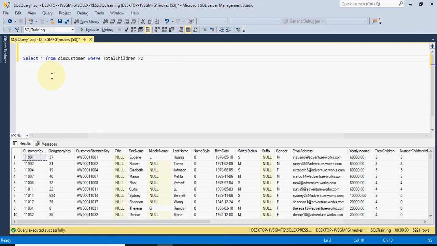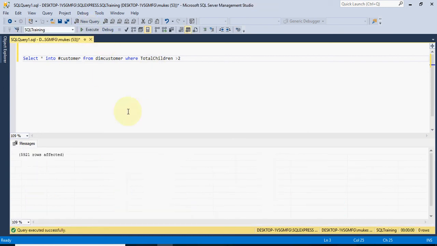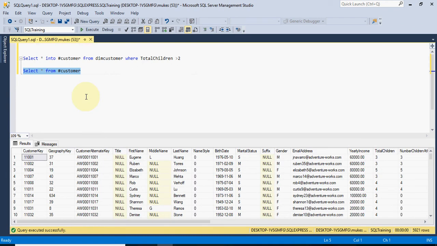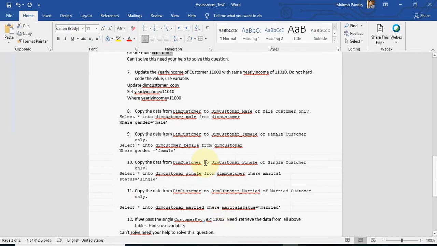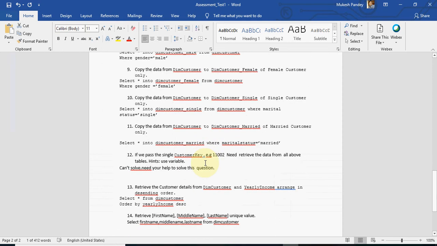Select star into from dim customer where children greater or equal to 2. Okay, right? Other than this is good.